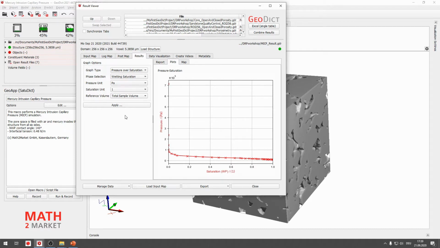So depending on the structure you're looking at and depending on the voxel resolution, you might have some unresolved porosity in the geometry. And you will want to account for this by choosing a proper reference volume. This is also highlighted in publications of Saxena et al. from 2019.